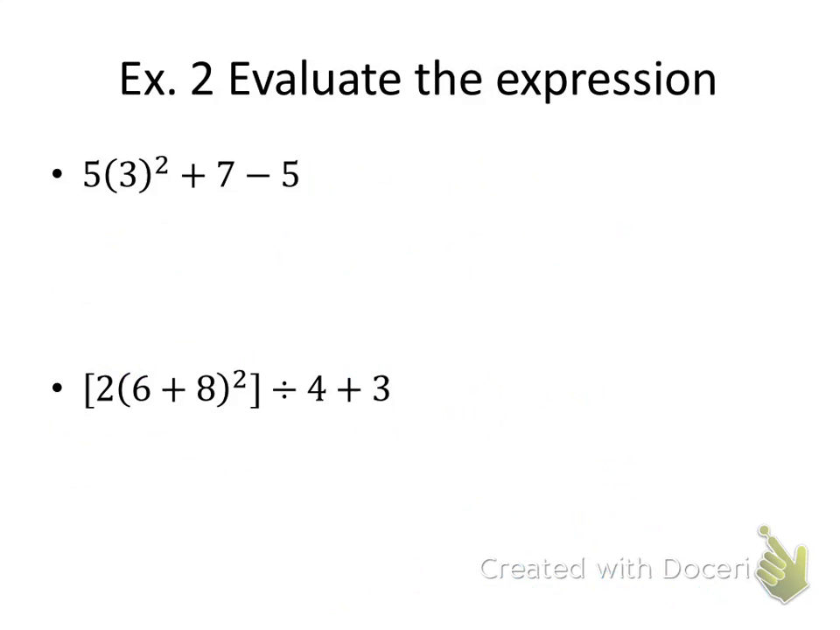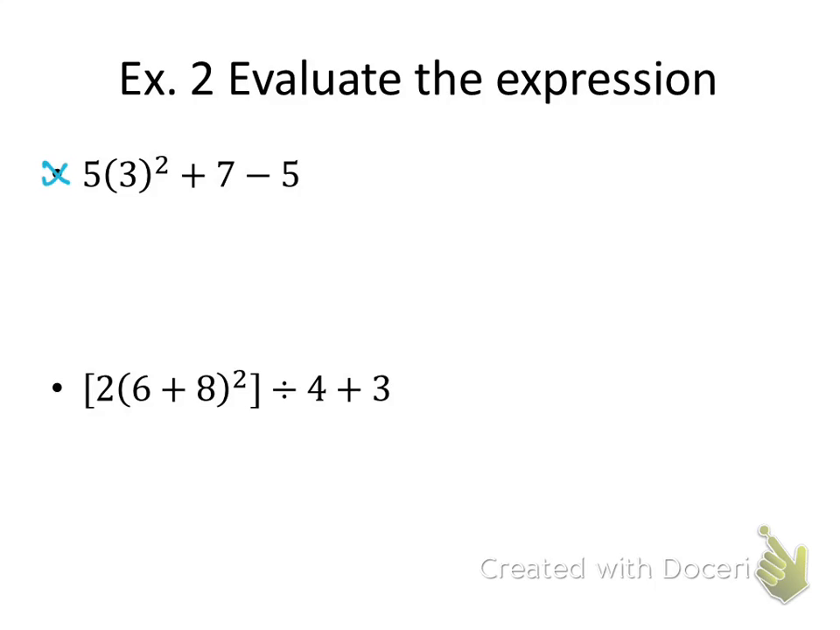Okay, so example number 2, they want us to use order of operations in order to solve each of these problems. Now, they've got a lot of steps to do in these problems, so that's why we need order of operations. Now, just ignore this little bullet point here. It just automatically got put in there. It doesn't mean anything, okay? So we have 5 times 3 squared plus 7 minus 5. So what I want to do is think about order of operations. And I need to do